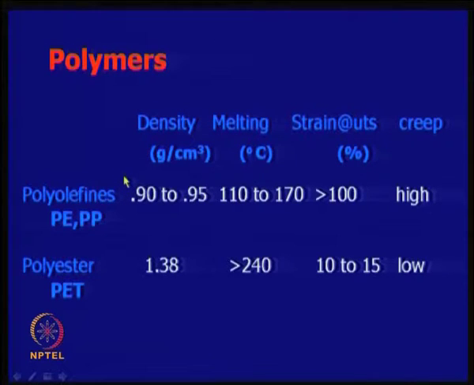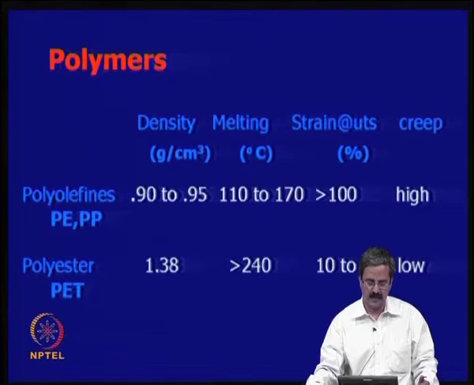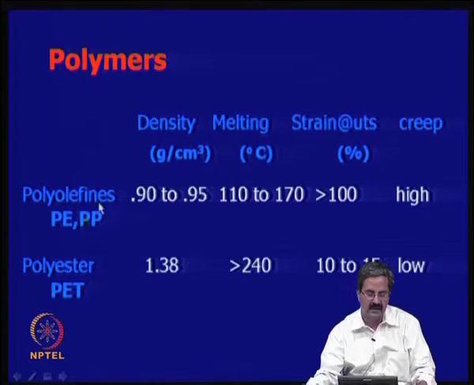Another piece of information we need to have is that, as I just mentioned, these are all polymeric materials combined together by CH bonds, carbon-hydrogen bonds. It is a molecular chain of carbon and hydrogen bonds, and depending on the manufacturing process, they can have different properties. For example, polyethylene and polypropylene belong to the family of polyolefins, and the densities are 0.9 to 0.95, the melting point is 110 to 170 degrees, and they are stretchable.